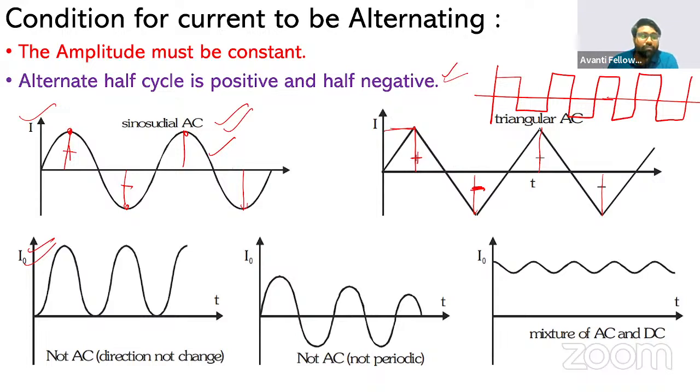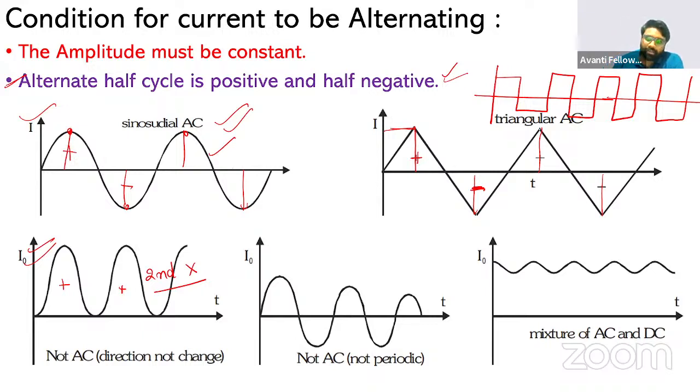No, pretty much obvious because in all the cycles here, it is repeating its value, but only in the positive direction. Okay, so it is not qualifying the second condition. So I am writing it here, second is not qualified. That is why it is not an alternating current, because it is not changing the direction. We have the magnitude of current in the positive way only. Okay,